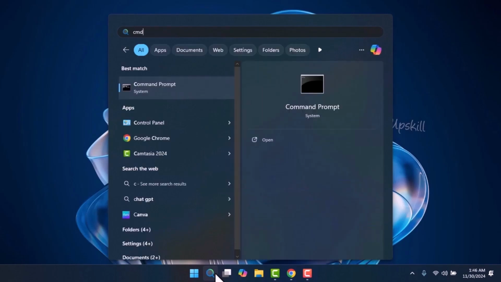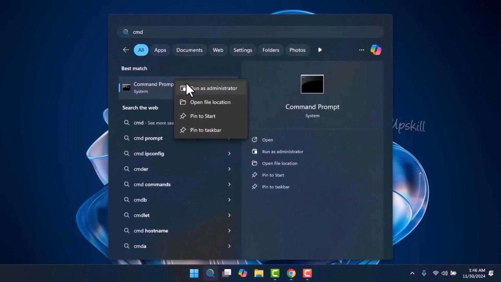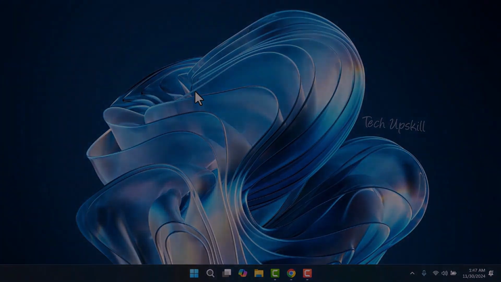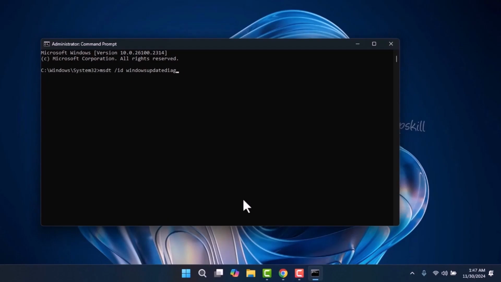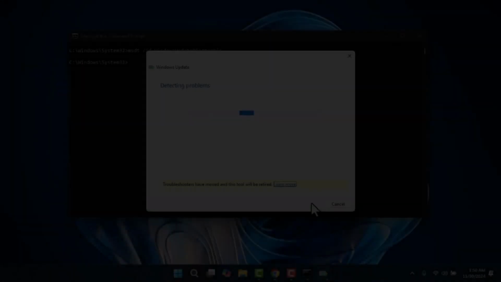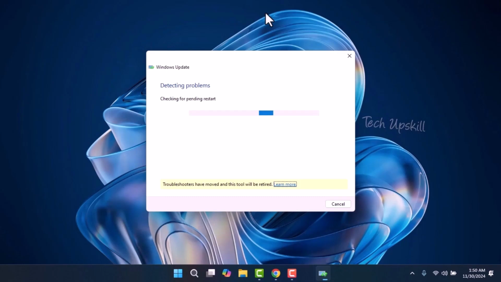Open Start menu, type cmd and run as administrator. Then write this command: msdt /id WindowsUpdateDiagnostic, which I will leave in the video description. Click Next to allow the system to automatically detect and fix any issues. Once the process is complete, restart your computer and try updating your PC again to check if the problem is